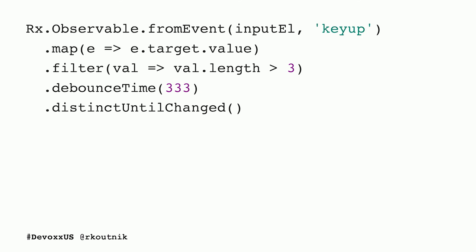And even then, we have one more function, and this is my favorite because it takes something that typically would be really complicated, and I've written it so many times before I discovered observables. We have distinct until changed.